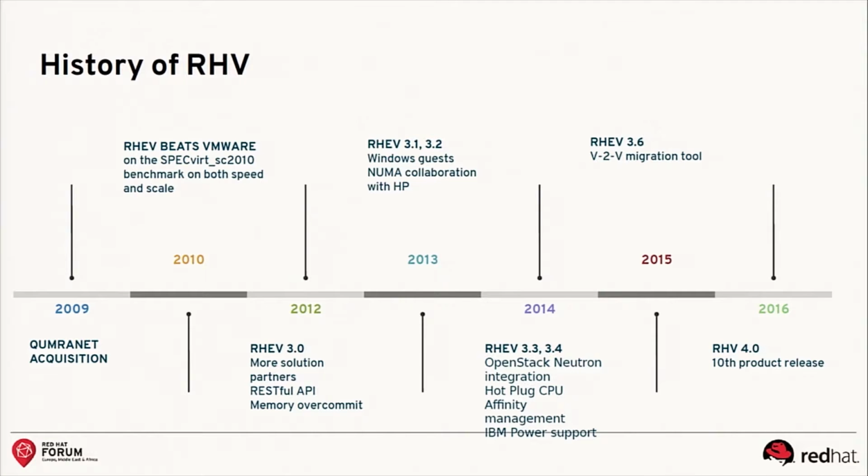So let's start with history. History from Red Hat's point of view starts with the acquisition of the Qumranet company, which was responsible for developing KVM. Then we have different stages of the project, and finally this year we have our new baby. It's the 10th product release, version 4 of Red Hat Virtualization, and also what is